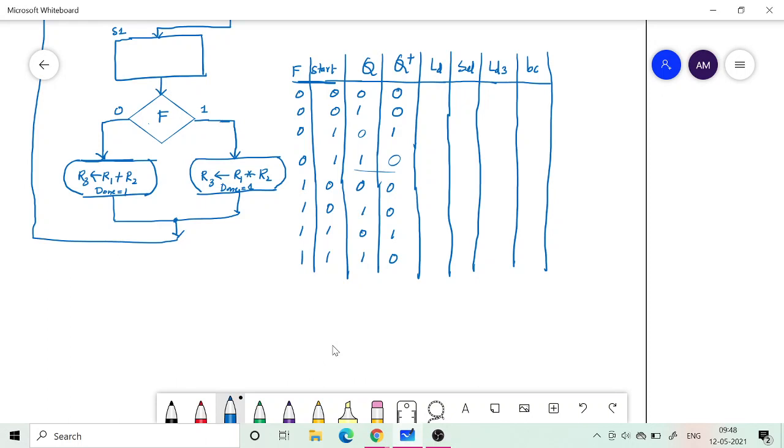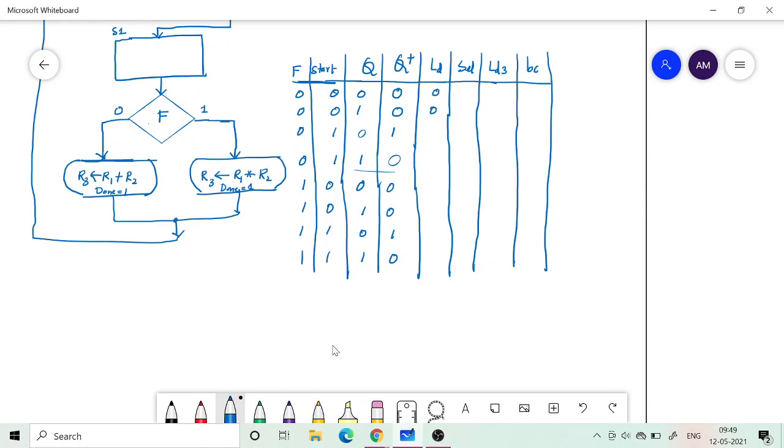When start is equal to 0, can there be a load signal? LD is the same input for R1, R2 and F register. No, sir. No. Okay, so you put 0. You should not load at that time.